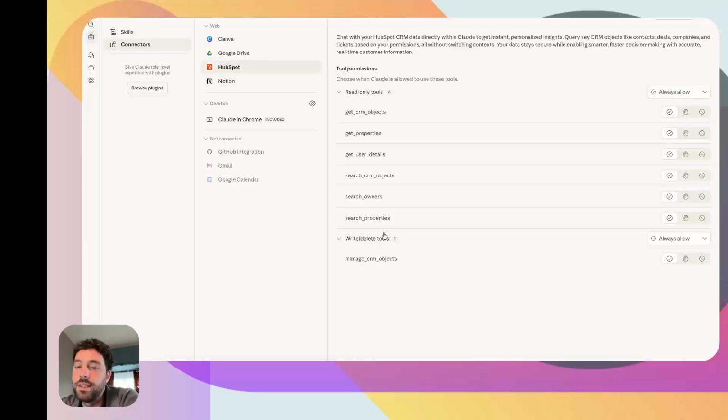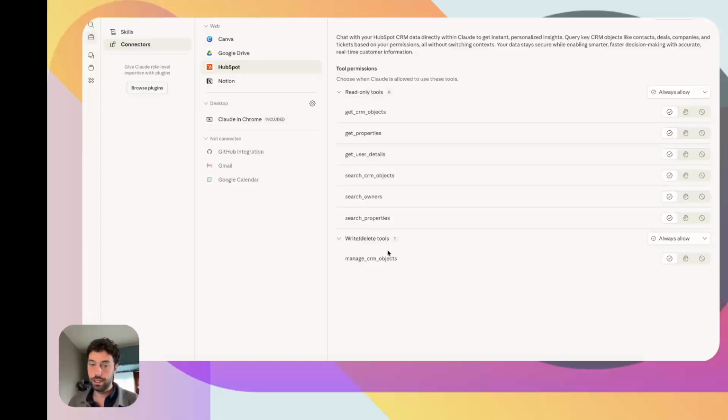But for the write and delete tools, basically it will be able to create records, so create contact, create company, create task, etc. It will be able to delete some tasks. It will not be able to delete specific CRM records, I think, but it will be able to update those contacts, companies, deals, like change the lifecycle stage, change the list status, add some meetings associated to it, etc. So it might be something you want to control instead of letting an AI create a mess in your